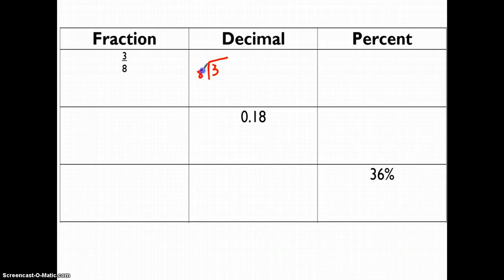So if I have 3 divided by 8, it goes in 0 times, so I need to add a 0 and a decimal. 8 goes into 30 3 times, which is 24. I get 6. Bring down my 0. 8 goes into 60 7 times. I get 56, which leaves 4. Bring down my 0, and I get 40. 8 goes into 40 5 times. So 3/8 as a decimal is